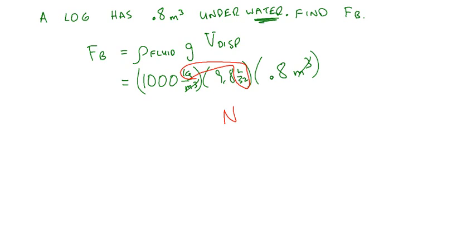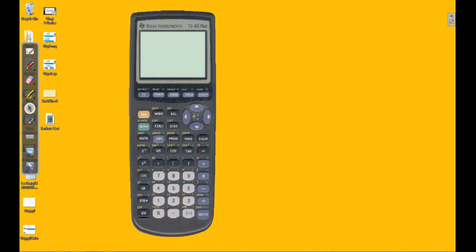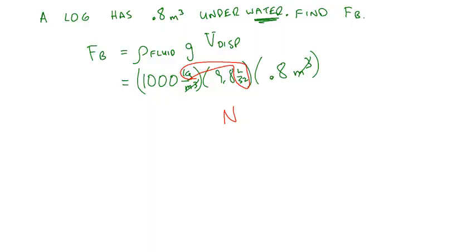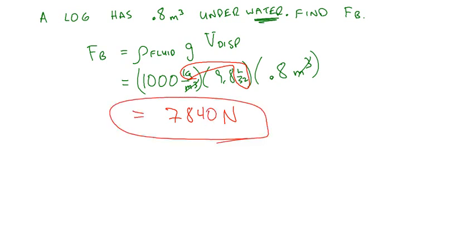That would be about 10,000. 80% of that would be about 8,000. We can get a better number, I guess. Let's go here and we'll say 1,000 times 9.8 times 0.8, 7,840. That's pretty close to 8,000. So 7,840 newtons. Okay, remember that a newton's not a real big unit of force, so that looks like a huge